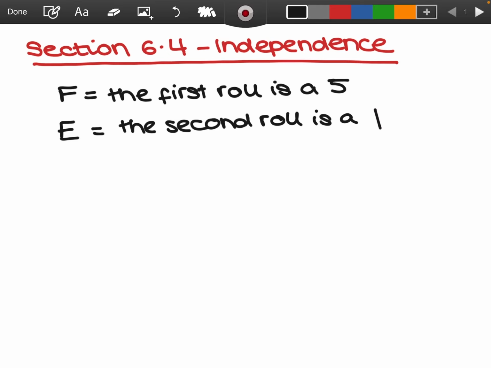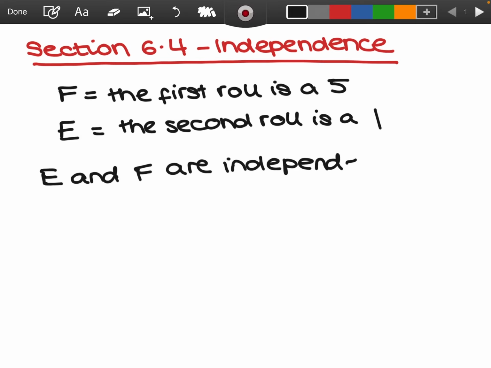We know intuitively here that regardless of what we get on the first roll, it's not going to affect what we get on that second roll of the die, telling me that these two events are actually independent of one another. So therefore, I know